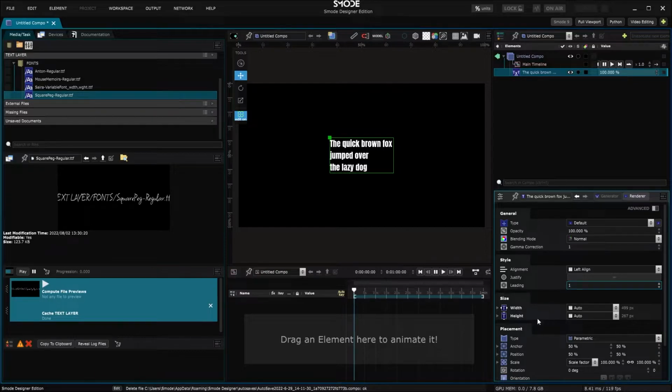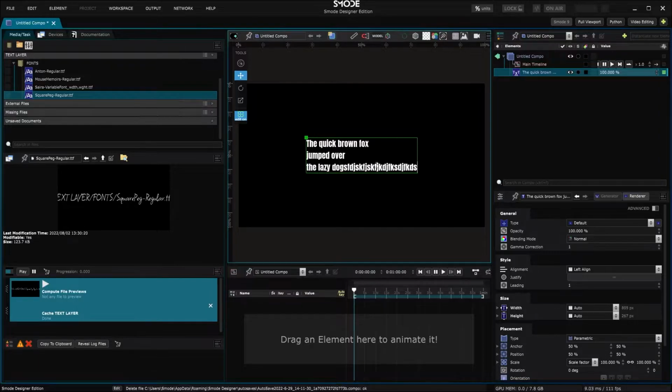The size category gives you the possibility to change the box that contains the text. If it is in auto, adding some characters will automatically increase the bounding box of the text. Then you can create a link from those values to have a custom background made by Compose or other layers.